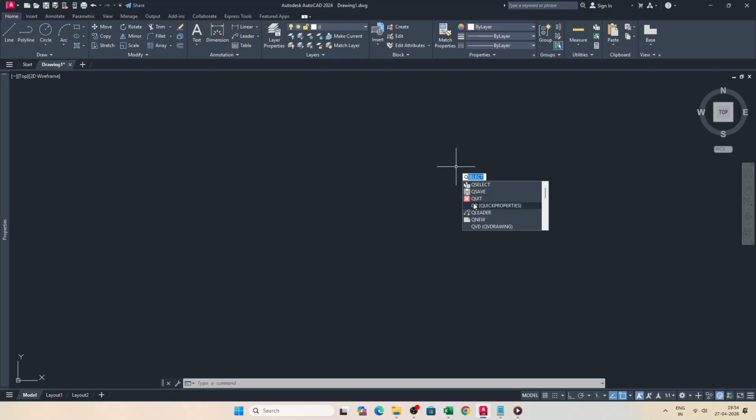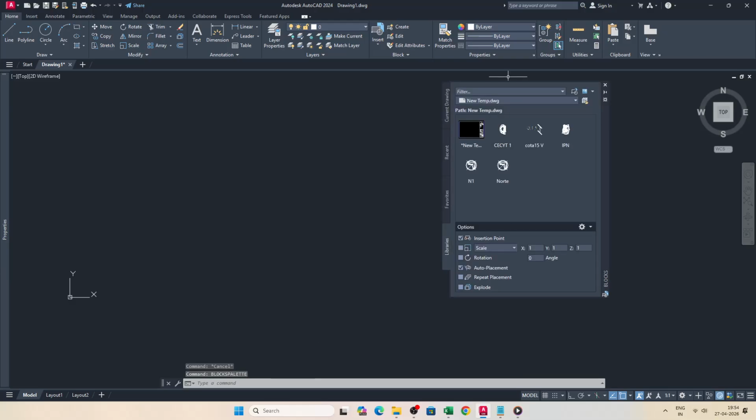In today's video, I am going to teach you how to insert individual blocks from other DWG files in AutoCAD. Start by opening AutoCAD with the drawing you want to add content to. With your drawing visible, go to the command line and type Blocks Palette. Then press Enter. This opens the Blocks palette, which is your central place to view and reuse blocks without leaving